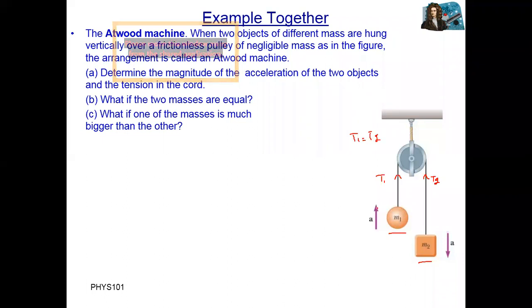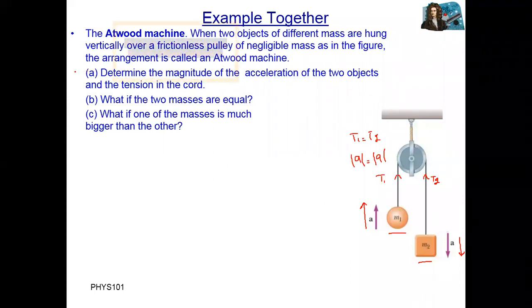Same, if this body is moving upward, then the other body is moving downward. I'm not talking about the direction but the magnitude, because if this body moves upward, its acceleration is upward, and if the other moves downward, its acceleration is downward. But the magnitude of the acceleration upward and the magnitude of the acceleration downward are both the same because they are connected.